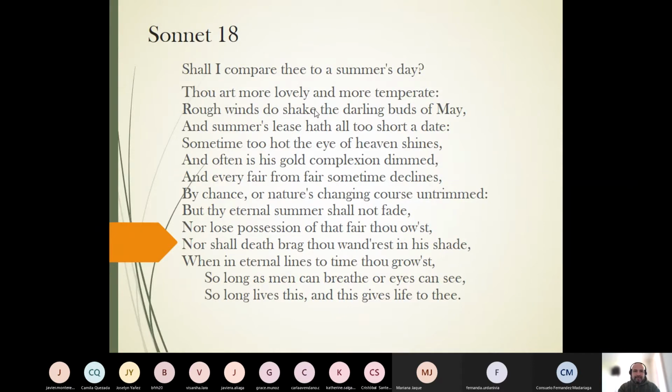I'm going to copy and paste a website for you to watch someone reading the poem. It's very easy. You go to YouTube and you type the name of the sonnet. You can type sonnet 18, right? Or the first line, Shall I compare thee to a summer's day? My suggestion is type sonnet 18, and you've got plenty of different actors, even singers, who might be reading the